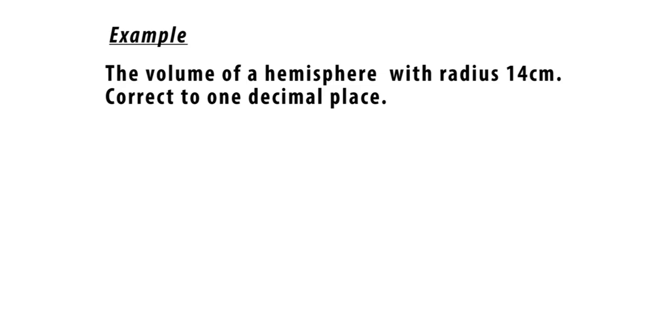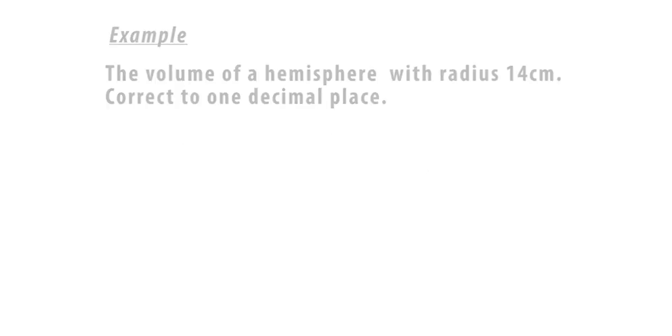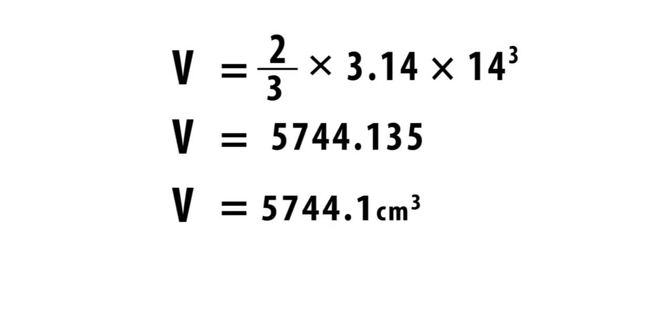We first quote our formula, which we know to be volume equals 2/3 pi r cubed. We know our pi, we know our r, which is the radius. So we do the substitutions, and we have v equals 2/3 multiplied by 3.14, which is the value of pi, multiplied by 14 cubed. If you use our calculators, then you are going to have v equals